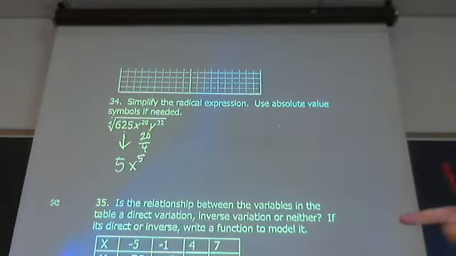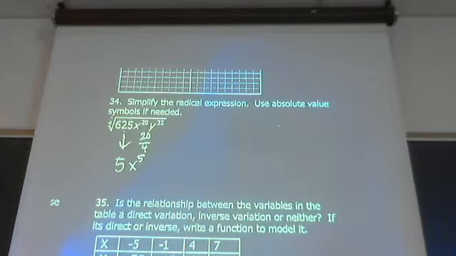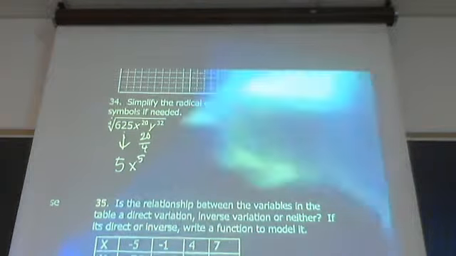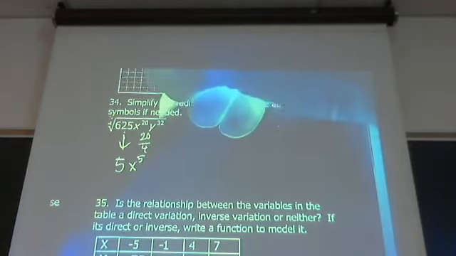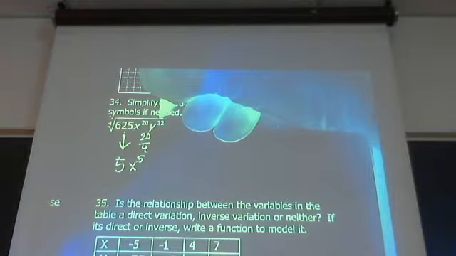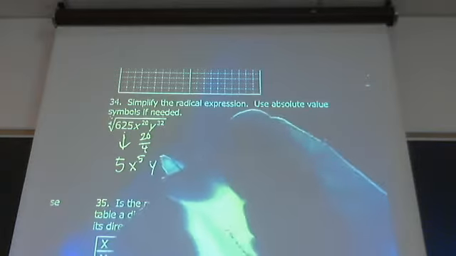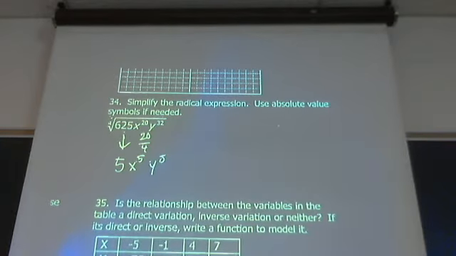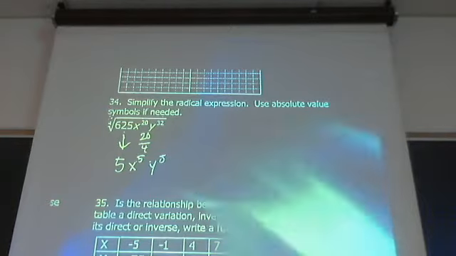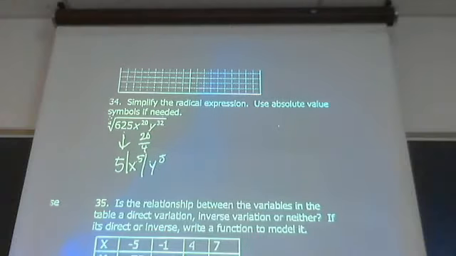Now, if he had been here, he'd have picked up on that, but... Okay, what about the fourth root of y to the 32nd power? Why is there 20 over 4? Y to the 8th. Now, absolute value: I have an even root with an odd power in my answer, which means I have to take care of it with the absolute value bars, otherwise I could have a train